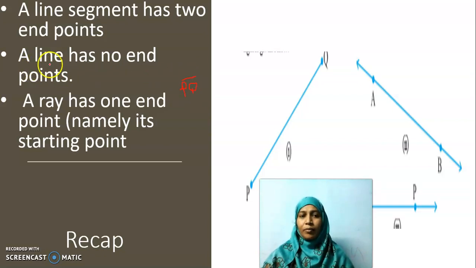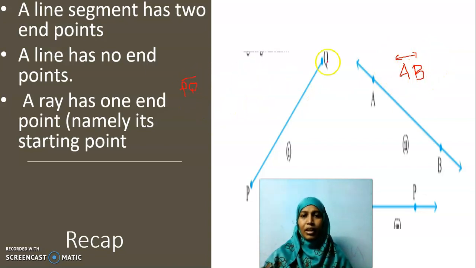What about a line then? When this line segment is extended on both the sides infinitely. What does it mean by infinitely? Without any end, it keeps on going. Then that line segment will become a line. Here AB is a line. How to represent AB a line? Will you every time draw and show these very big lines? No. We use symbols to represent lines, with two arrows on either side. Is it clear? This is how we represent a line.